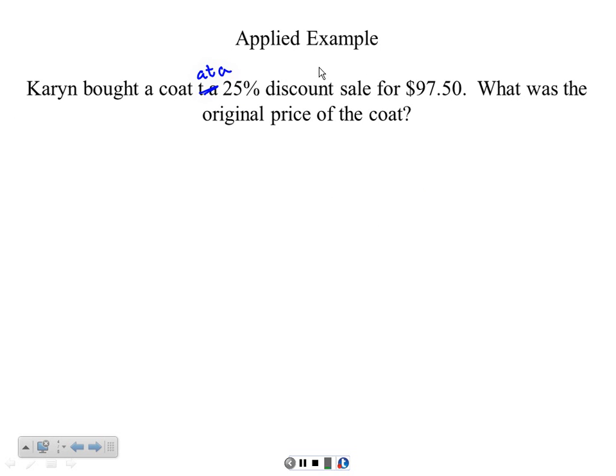So for the discount, basically what we have is our original price, which is x, and we don't know what that original price was. x minus the discount, which is 25% times x, so that's going to be 0.25. To change a percent to a decimal, you move the decimal 2 places to the left. So if you have 25%, the decimal is understood to be here. Percent's out of 100, so we're going to move it 2 places to the left. So again, x is your original price minus the discount, which is 25% times your original price,